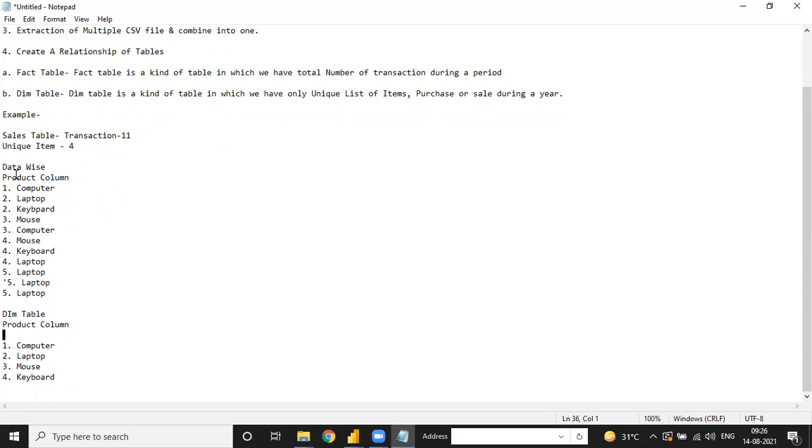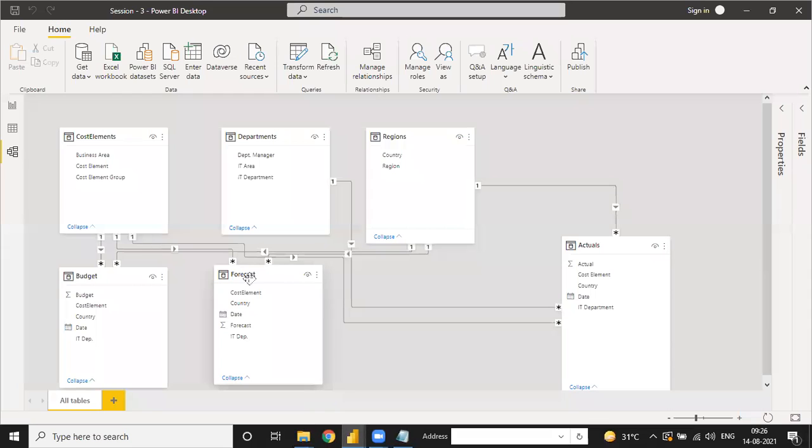Now this table is connected with this table to get the total sale for the computer, the laptop, the keyboard, and the mouse. So we have to connect these kinds of tables in our data modeling.